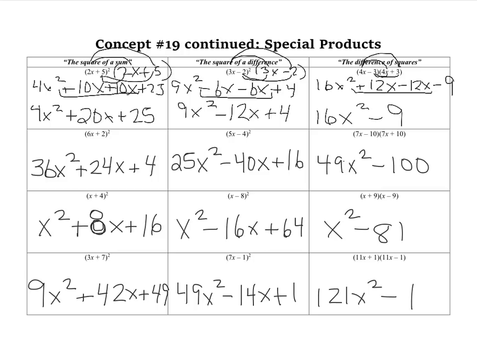All right, now take a moment and look at these answers. And if you haven't actually gone through and done FOIL on all of them, you need to do that. Don't just write these answers down. There should be that middle step going on in here. So you should have these steps written down above these. I didn't do that